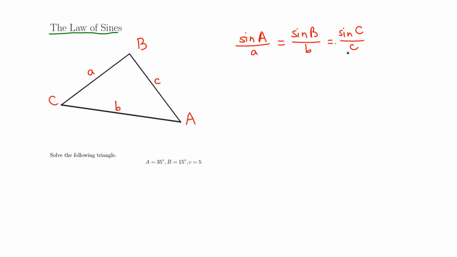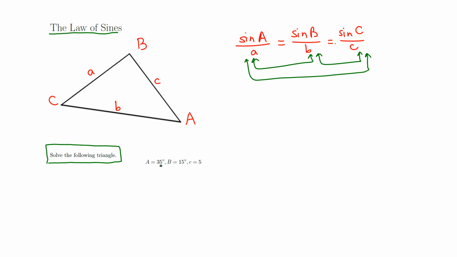In fact, we have three equations here. First ratio equals second, second equals third, and first equals third. Okay, this is called the law of sines. Now solve the following triangle. Let's do this example